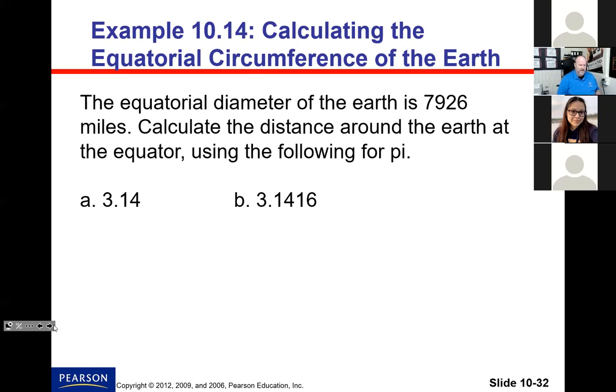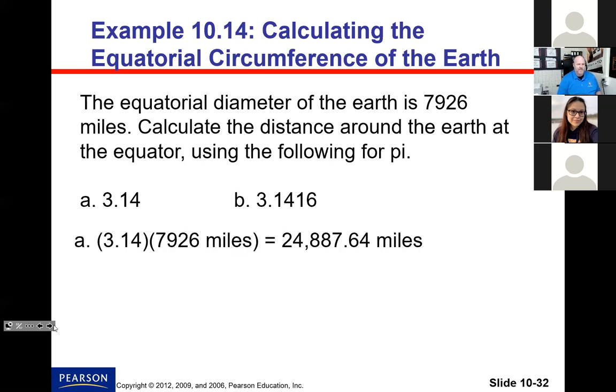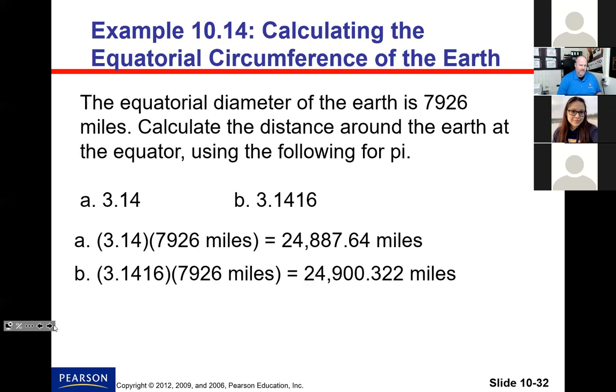Okay, you get a big number. I'll put it on here right away. You get 24,887.64 miles. Okay, now do the same calculation again, but instead of 3.14, use 3.1416. So we're going to 2 more decimal places. You do that calculation. Once you do it, and I'll put it up here in a sec, you get